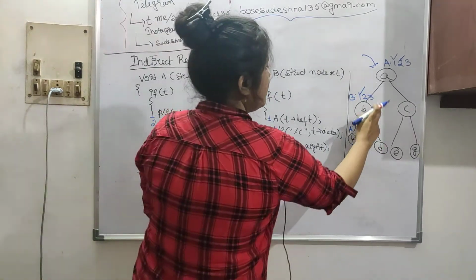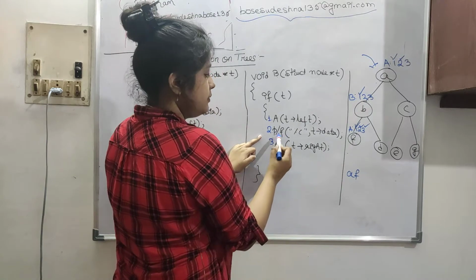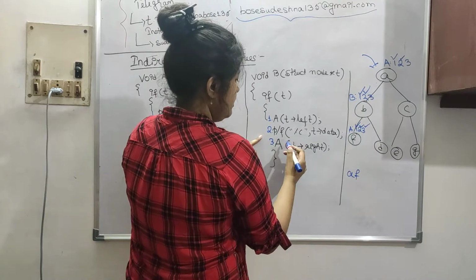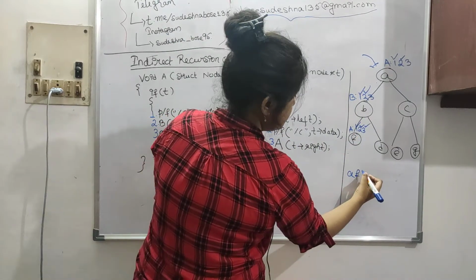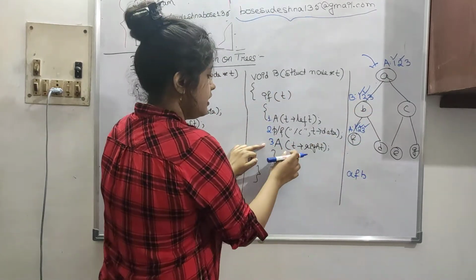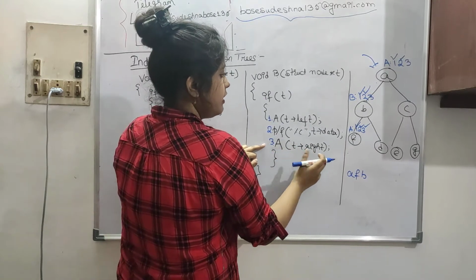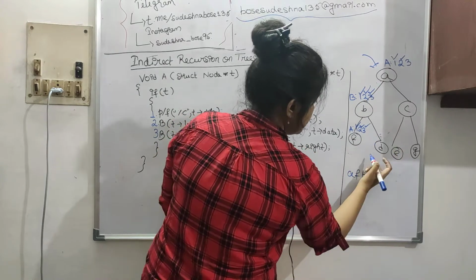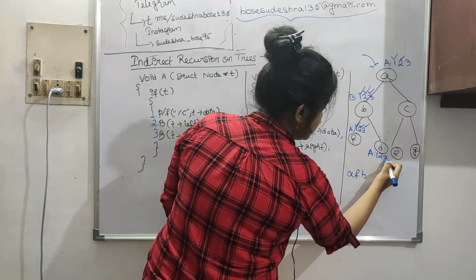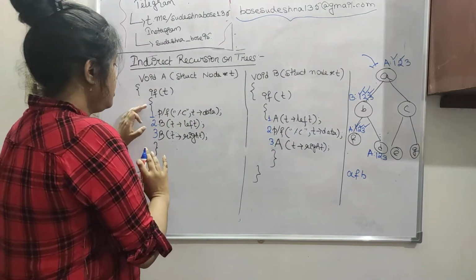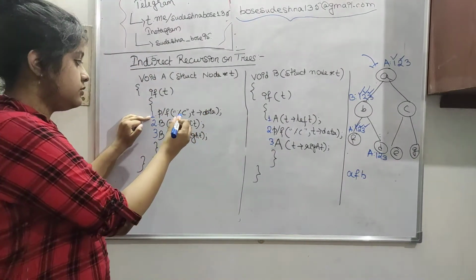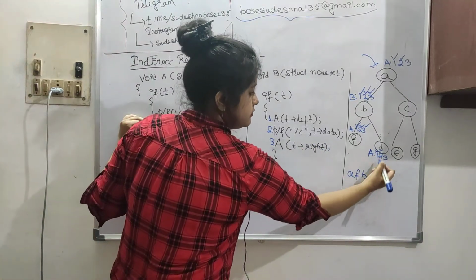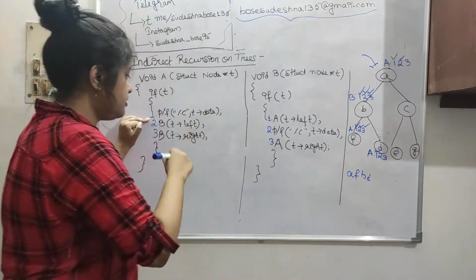Okay, now we go back to 2. 2 is B. B of 2 is T arrow data. So put a tick mark here and T arrow data means B is printed. Done. Number 3 is calling A, T arrow right. So we are calling the function A. So 3 is also done. Let me write it here. A, 1, 2 and 3. We are calling A again. So A means T arrow data is called. D is printed. Sorry.